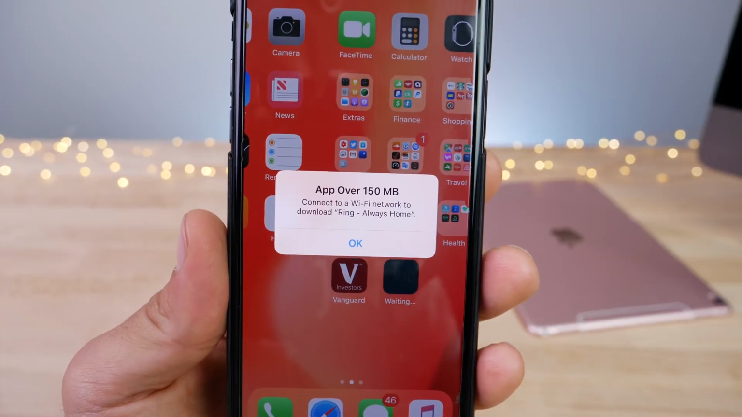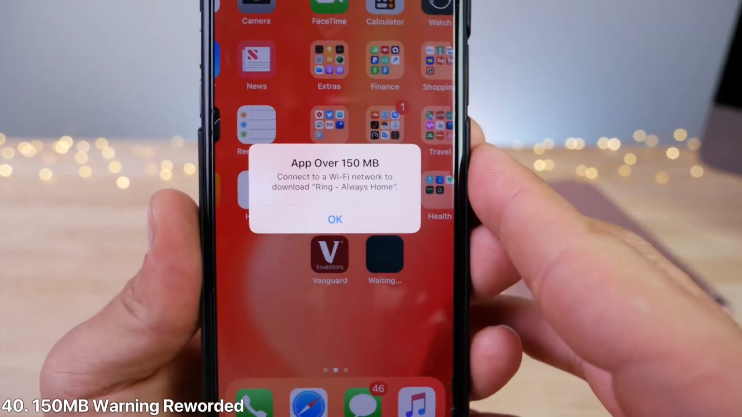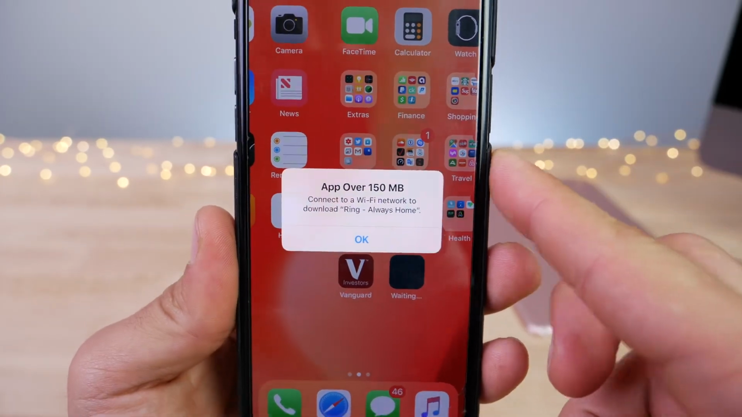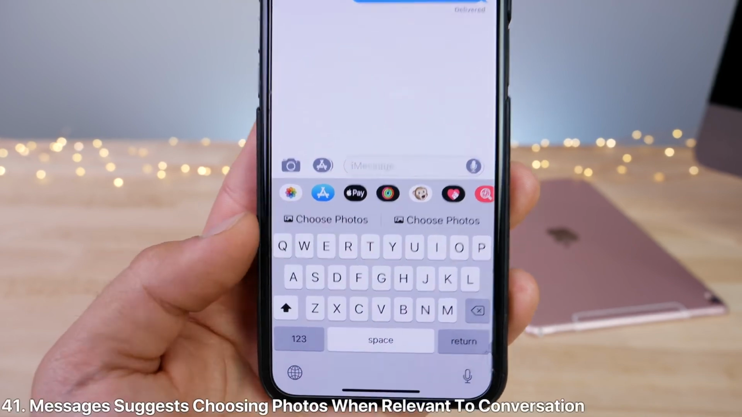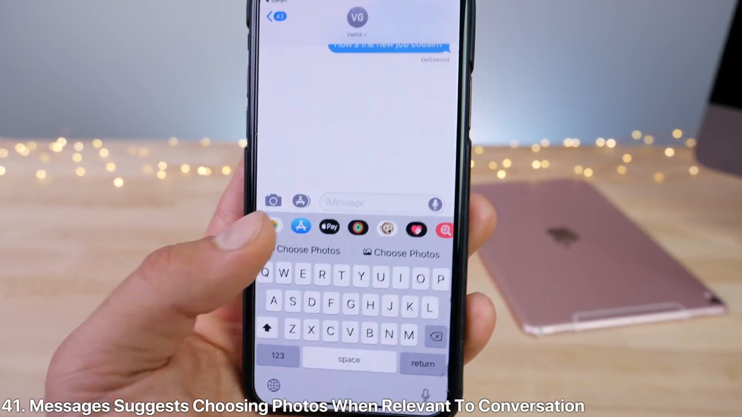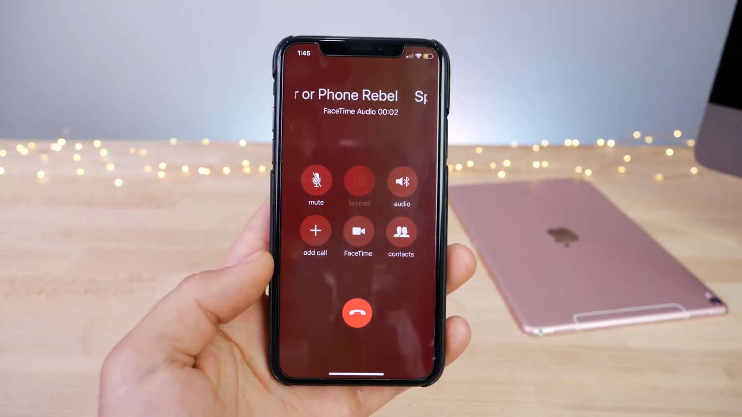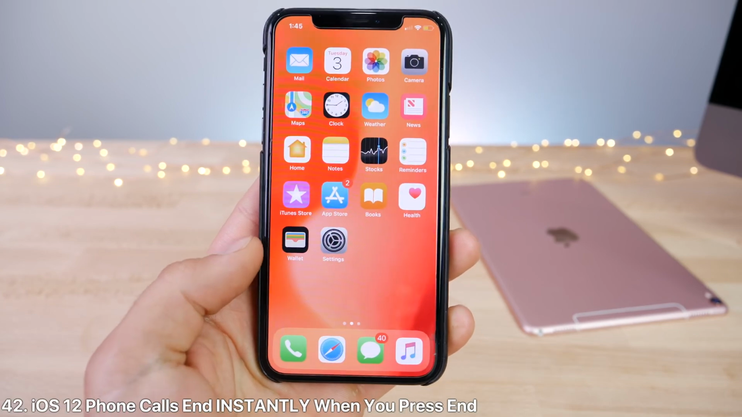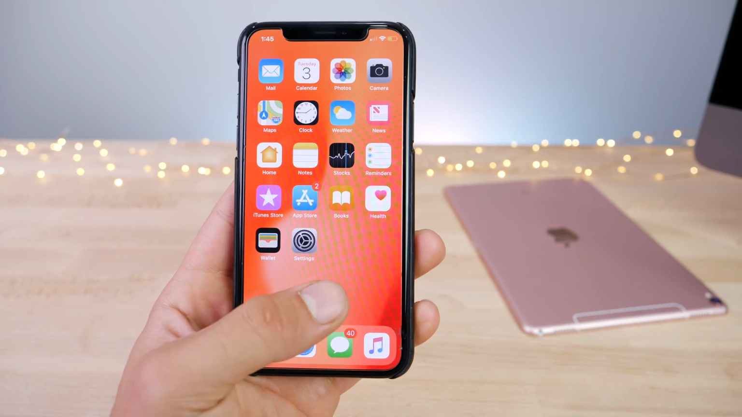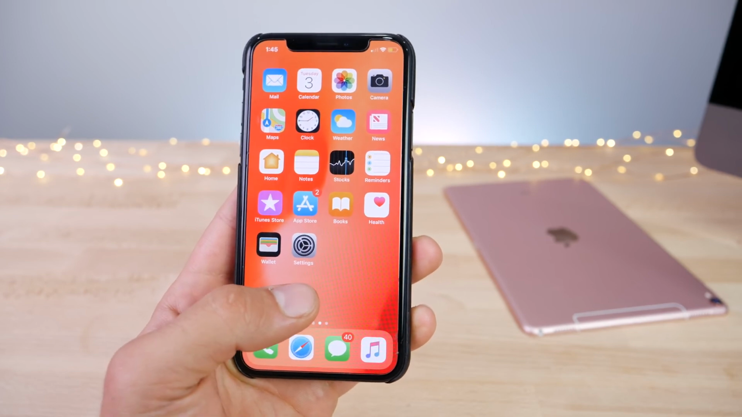And if you start downloading an app that's over 150 megabytes over cellular, you'll get this prompt here. It's slightly altered from before. And when relevant to your conversation, Messages will actually give you a prompt here to choose photos to add right away. And this is one of those great little things you definitely appreciate. iOS 12 phone calls end right away now. Previously in iOS 11, there was a delay, but now both the sender and receiver, when they click end,